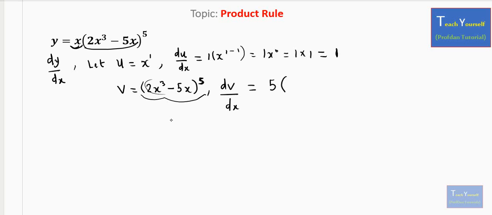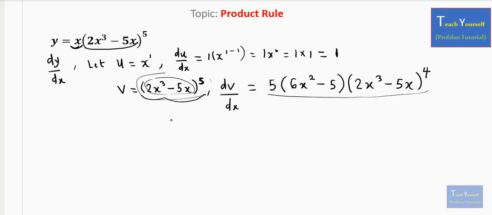So the whole of this, differentiate the whole of this. That's going to give us 6x^2 minus 5. Then we write the whole expression, subtracting 1 from the power. So that is (2x^3 - 5x), 5 minus 1, power 4. If you apply your chain rule or function of a function as seen in our previous video, you will get this answer. Okay, so now what you need to do is what's going to be your dy with respect to